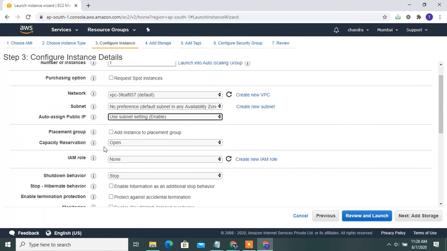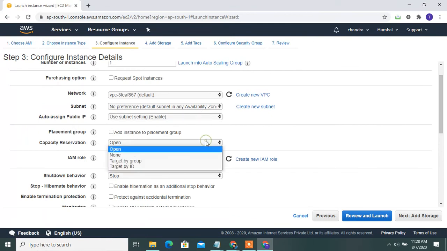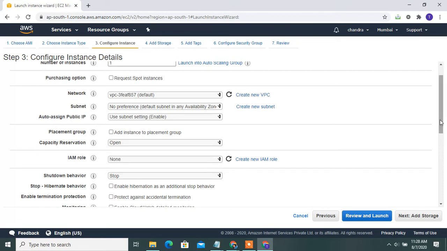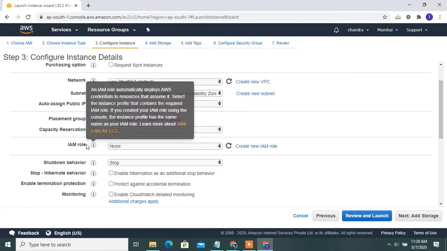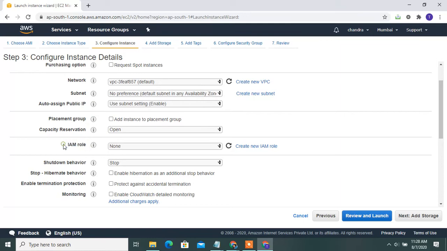Next is this, open or close, or any group created, that is no problem. Next is this one, IAM roles, which is very important. IAM roles means you can secure your application and your server so that only my team members can access it.